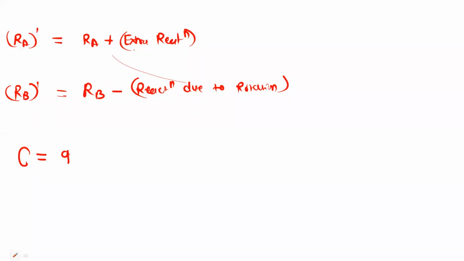So this extra reaction, which is caused because of the gyroscopic couple, we can find out from this value. C is equal to 9.2 Newton meter. Okay. Now what is couple? If you recall some concept from the mechanics,